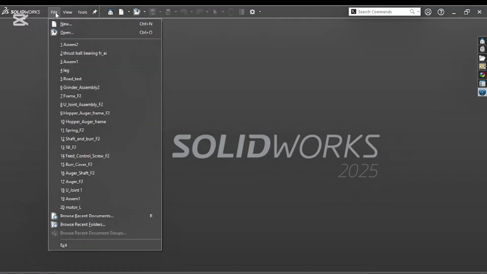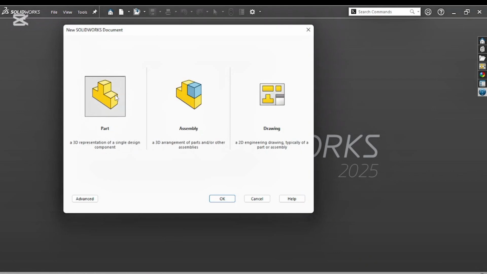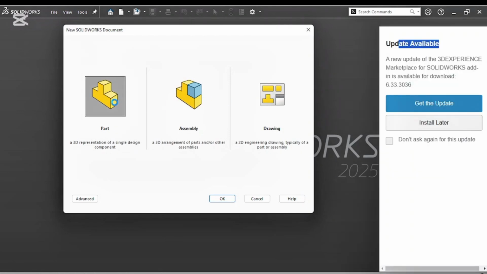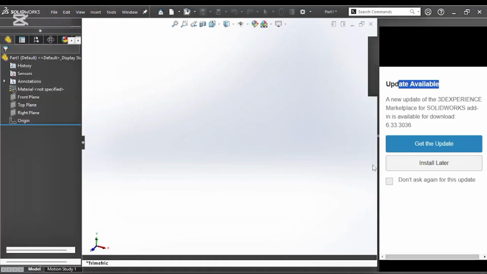If you go to file, you touch new, you create parts, choose parts. Don't choose assembly or drawing, you're choosing parts for now. Now our part is opening up. Let's just be patient. My computer is a bit slower than normal today. Now the part is open, guys, and we are seeing that